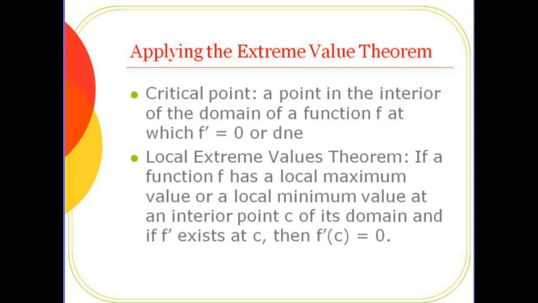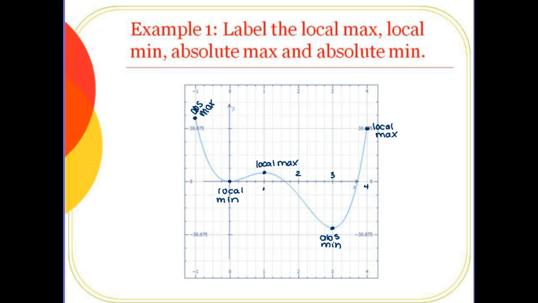So a critical point is a point in the interior of the domain of f at which f prime equals 0 or does not exist. So all of these points that we labeled would become derivatives of,